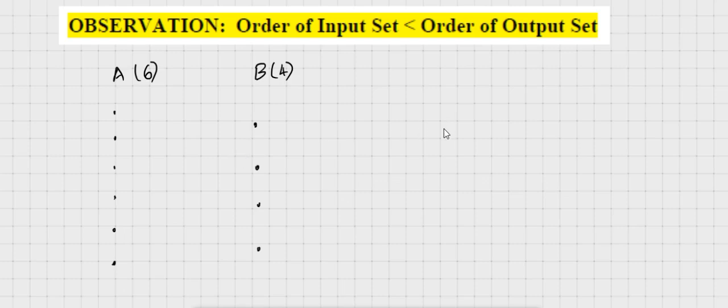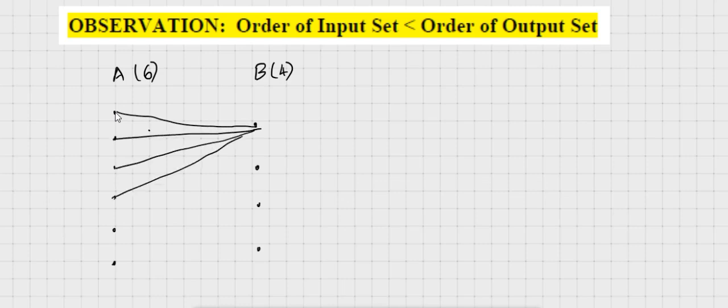So I could not define a one-to-one function here, whereas I can define a function. That is not an issue. See, this is also a function. All can go to one thing, not a problem. But I could not define a one-to-one function here. There is no chance. Why? Because for a one-to-one function, different elements should have different outputs. That is very important.